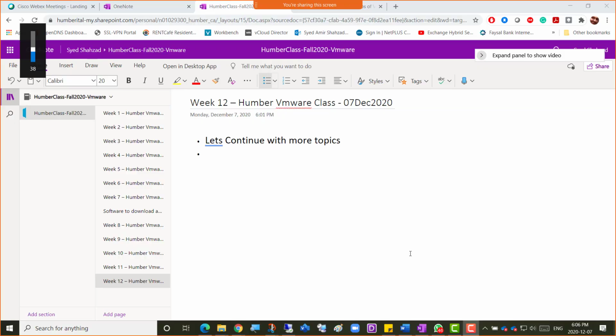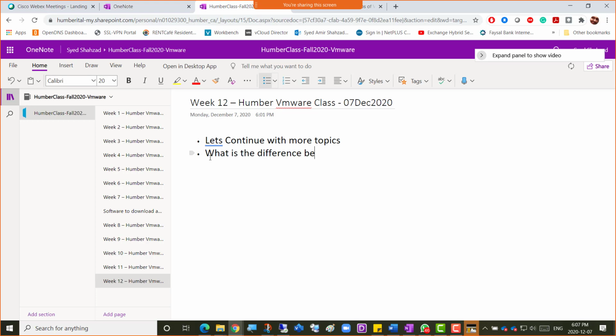Alright guys, so let's continue with our topics, and last time we were talking about FT and anti-affinity and affinity rules. So affinity and anti-affinity rules, hopefully you're able to understand. They were very straightforward actually. And about the FT, so the thing is that if I ask you the question, what is the difference between